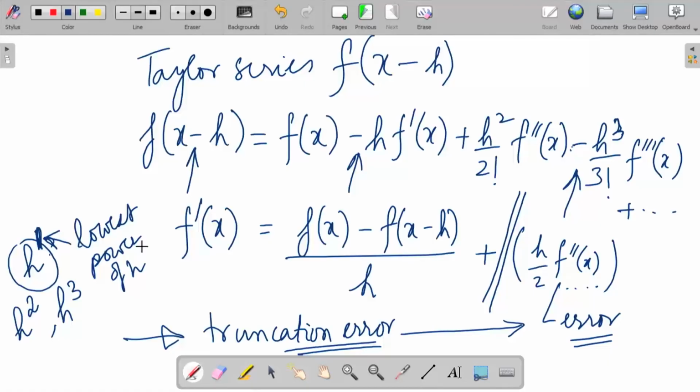That is the whole idea behind identifying the first term in the series that you are leaving out as truncation error, and that term essentially will decide the so called order of accuracy of the approximation that you are applying. Here the index of the h term happens to be 1, and therefore, we have first order accuracy.